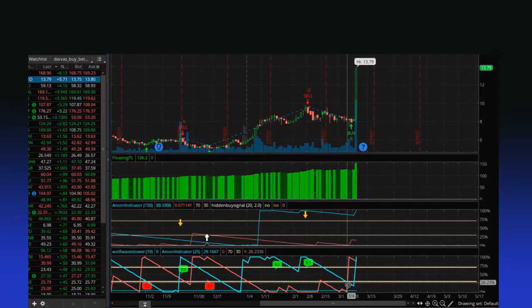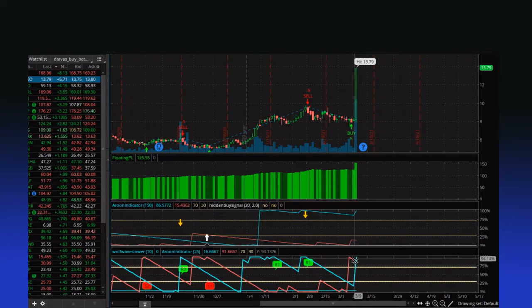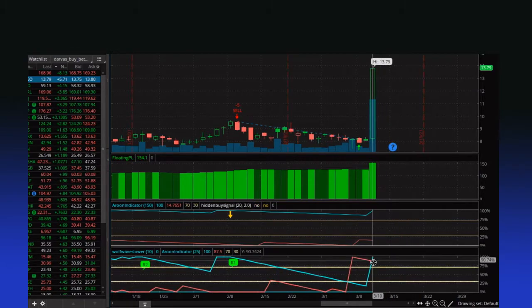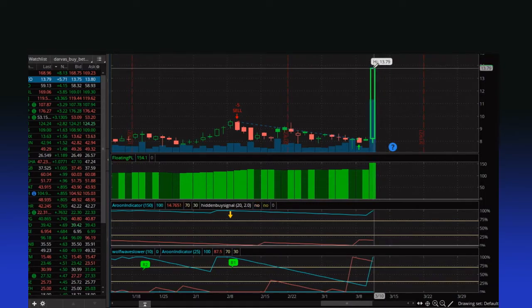Now, this is typically a blowout kind of signal. This right here, this going up, cutting in like that, that's a blowout signal. But we have to watch it very, very closely. This Aroon up has to stay up long term. This Aroon down has to keep coming down long term for this trend to stay active. If this Aroon down comes back up and they switch sides, then